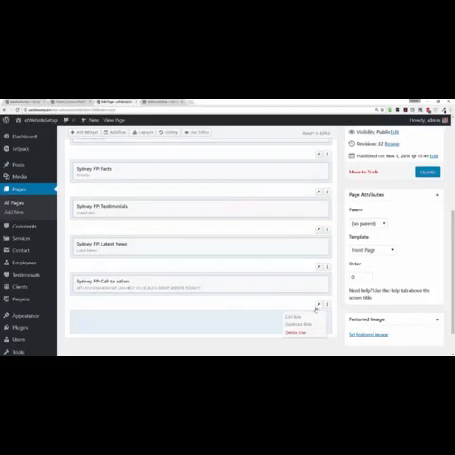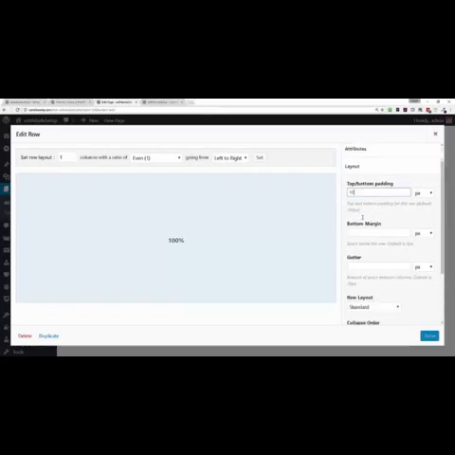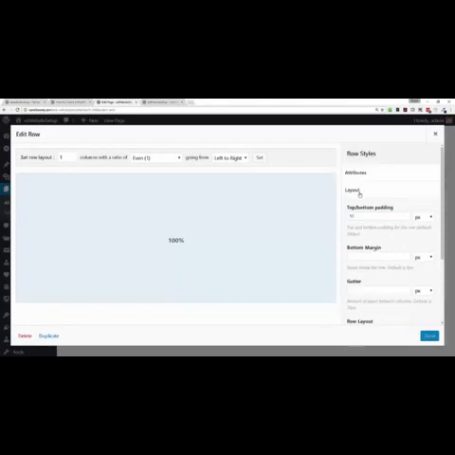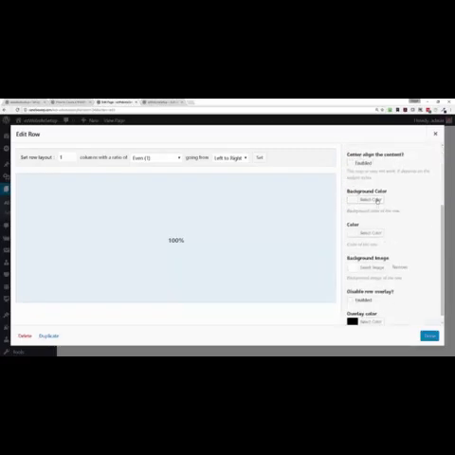Now we're going to hover over the wrench and click on Edit Row. We're going to click on Layout. We're going to set the top bottom padding to 10 pixels. We're going to change the row layout from standard to full width. We're going to collapse the layout, click on Design, and change the background color